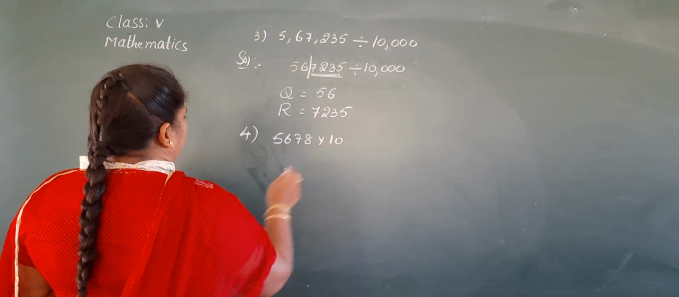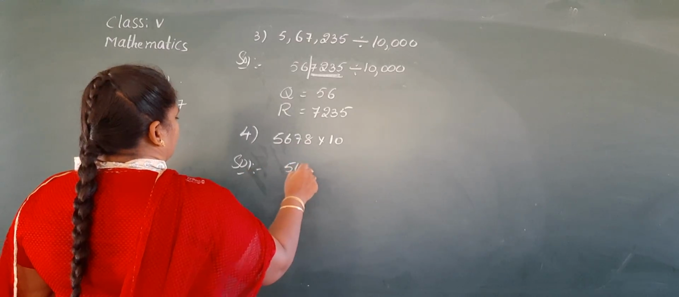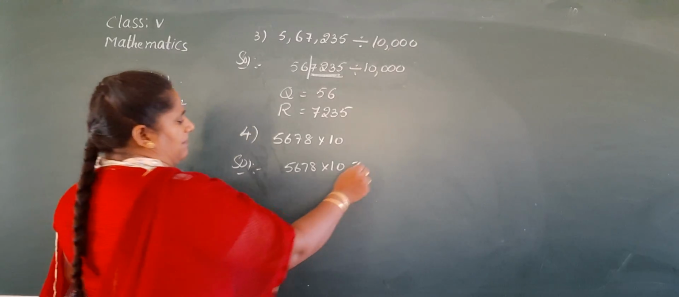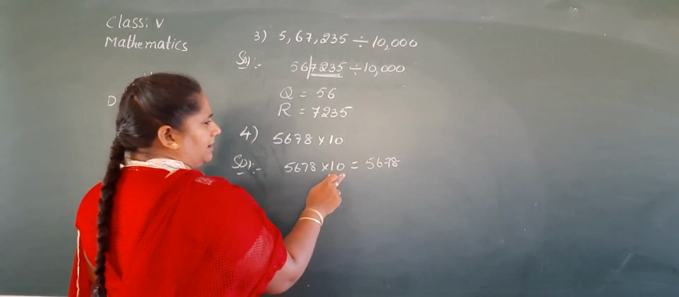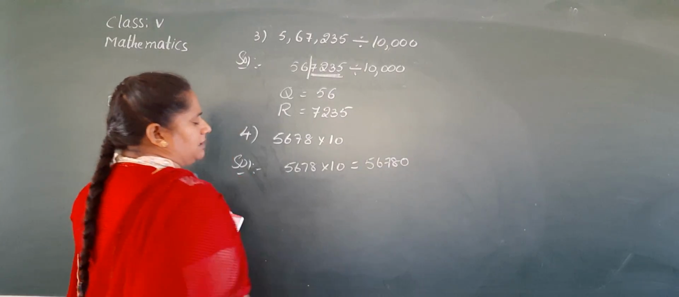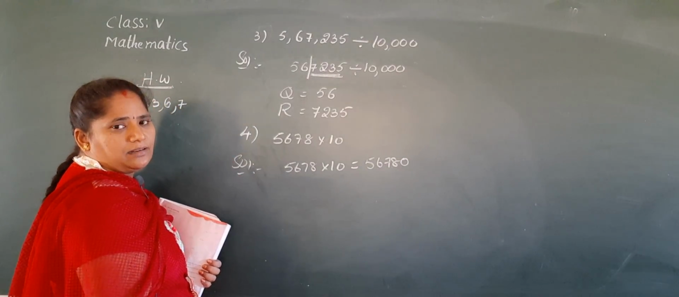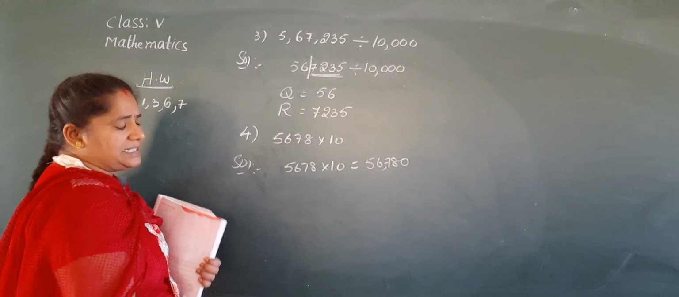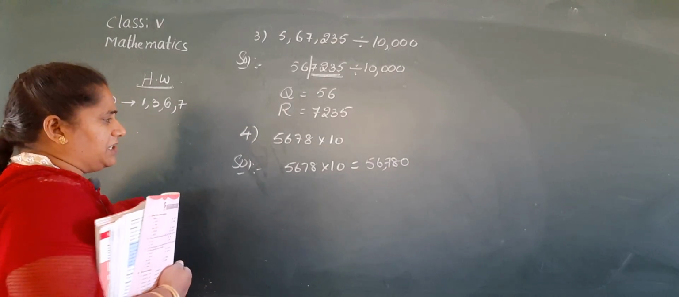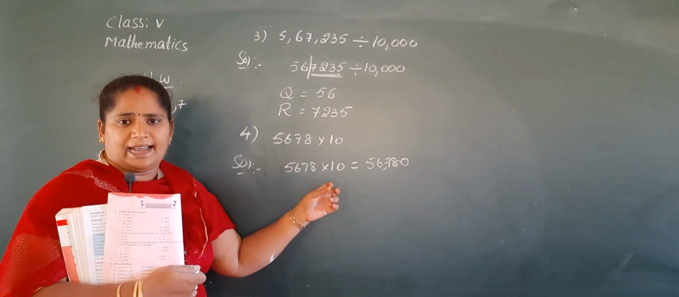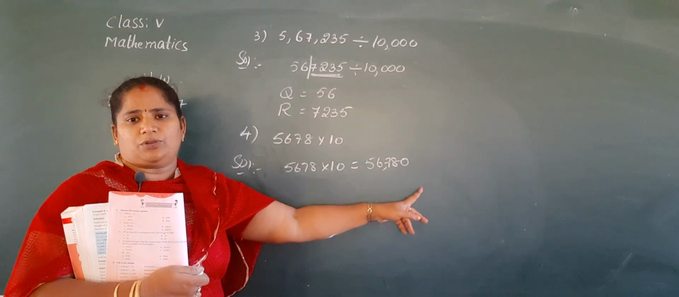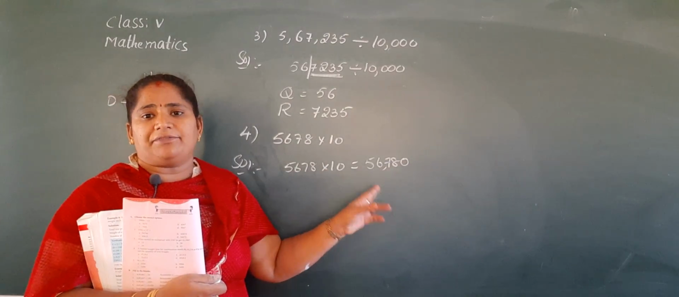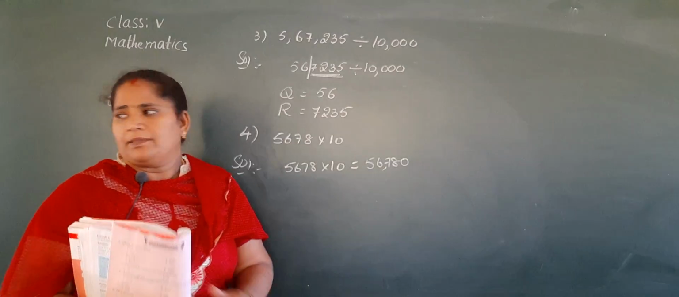5,678 into 10. If a number is multiplied by 10, 100, 1000, first we write the same number, and how many zeros are there here? Only 1. So we have to add that 0 to the right side of the product. Okay, now this number becomes 56,780. Is it clear, children? Need not to do the multiplication, Nana. If a number is multiplied by 10, we write the same number and we keep 0 to the right side of the product. If the number is multiplied by 100, yes, we write the same number and we'll keep 2 zeros. Okay, Nana? And next one,